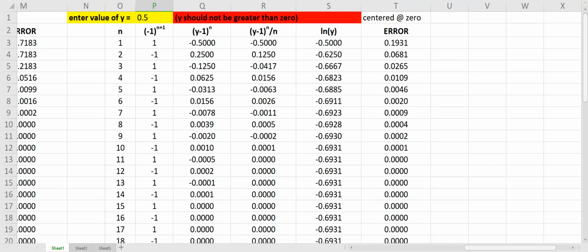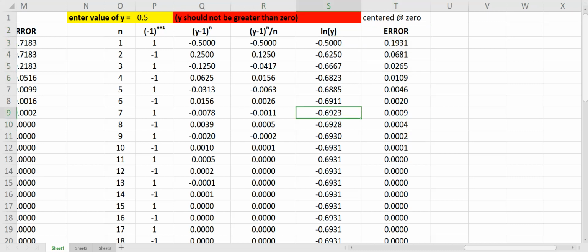This time I will be explaining the last portion of our laboratory work in Taylor series. This is the third and last item that we have in our examples. And this time we have the function of y equal to ln of y as our example. Later I will demonstrate how we did this in Excel, how we did the Taylor approximation of this function in Excel, and also its errors.